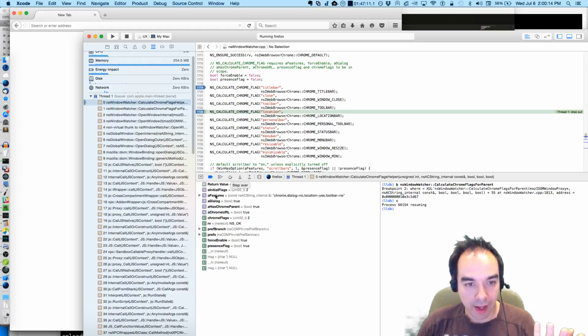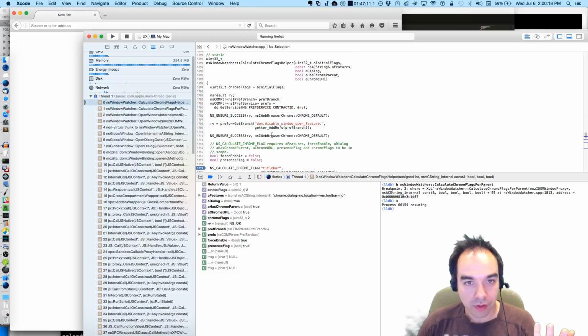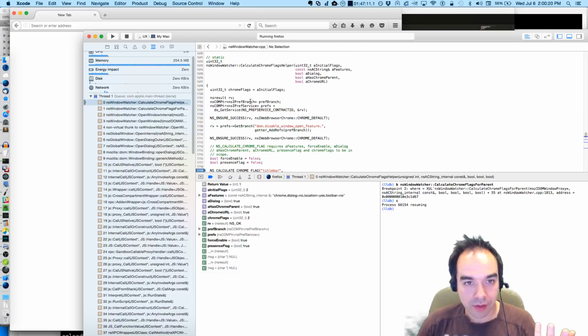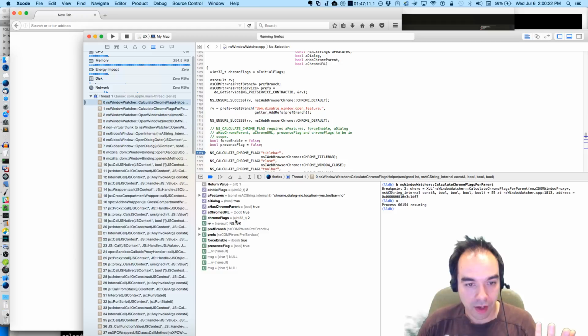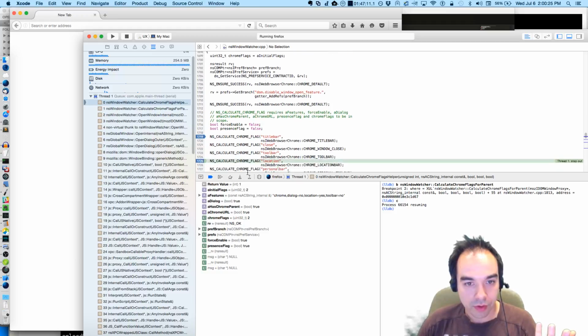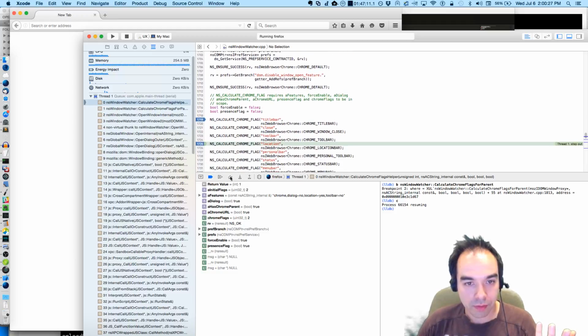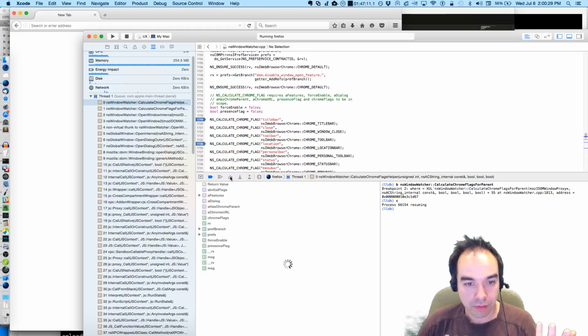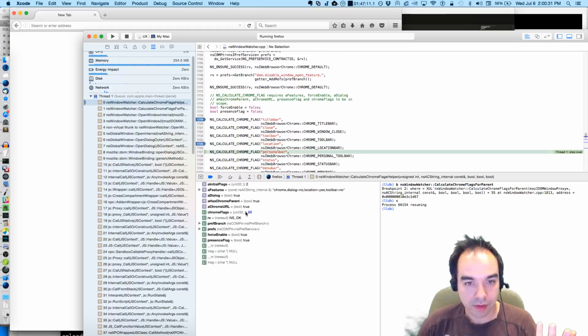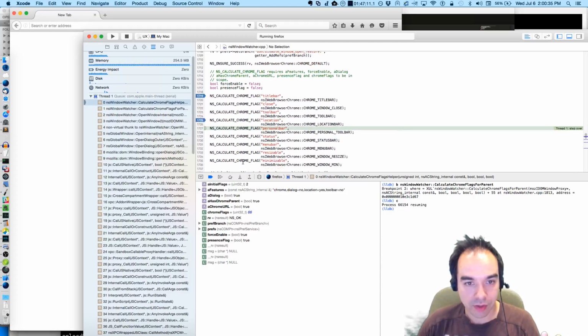So then the Chrome flags should change. Initial flags, Chrome flags are now 2. So then they should change. Yes. Yes, they did change. We should have the location flag set now.